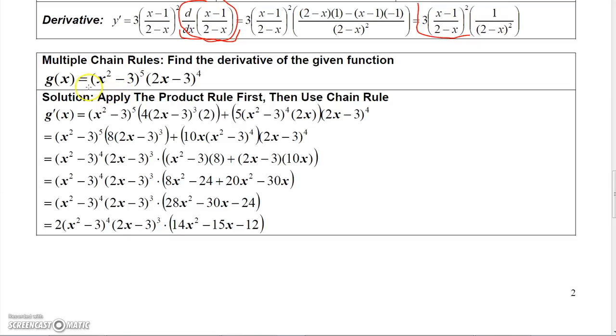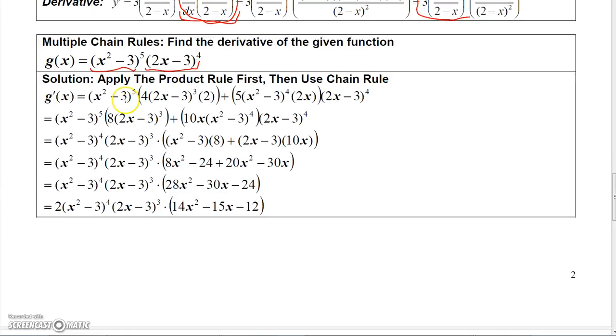Okay, let's do one more. Here we have a binomial to the 5th power times another binomial to the 4th power. Well, first of all, we've got to think product rule. So how do we do the product rule? I'm going to take the first function, which is (x² − 3) to the 5th, and then times the